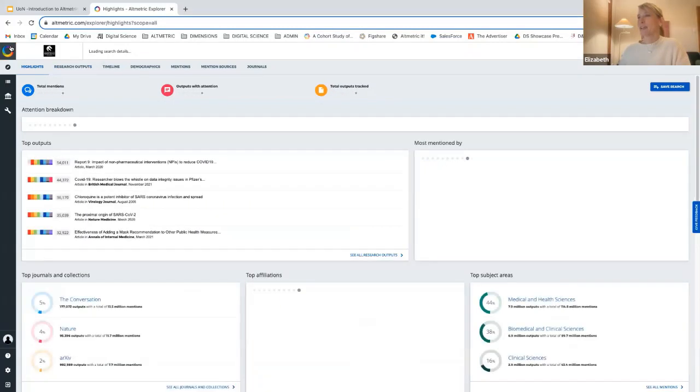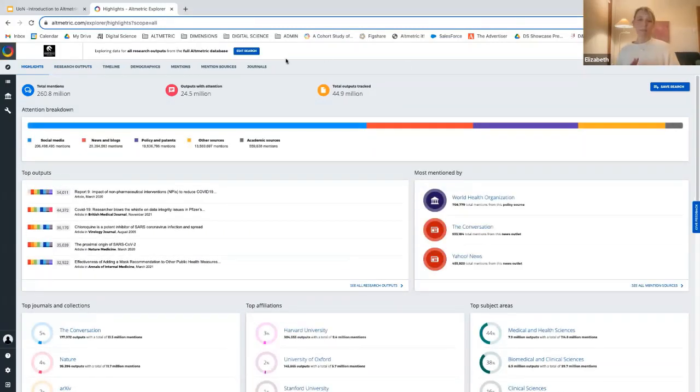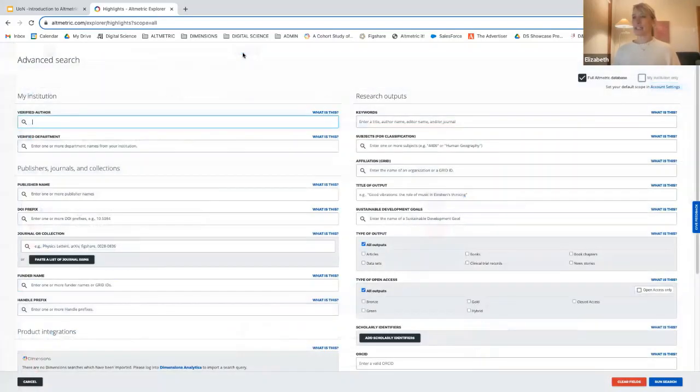I'm just going to go back. Now I'd like to show you some of the searching techniques that we can apply. So obviously you can look at an individual at Newcastle or a department, but we can also put some other parameters on. So if I go into this edit search button here,